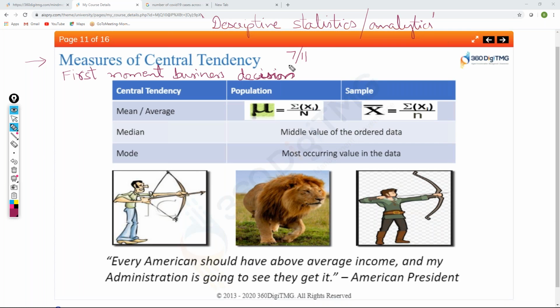7-Eleven is an American Japanese conglomerate which has retail stores across the world, not in India, but in the US, in the Middle East, in ASEAN countries, and in a lot of places. Say you are CEO of 7-Eleven, a retail store,